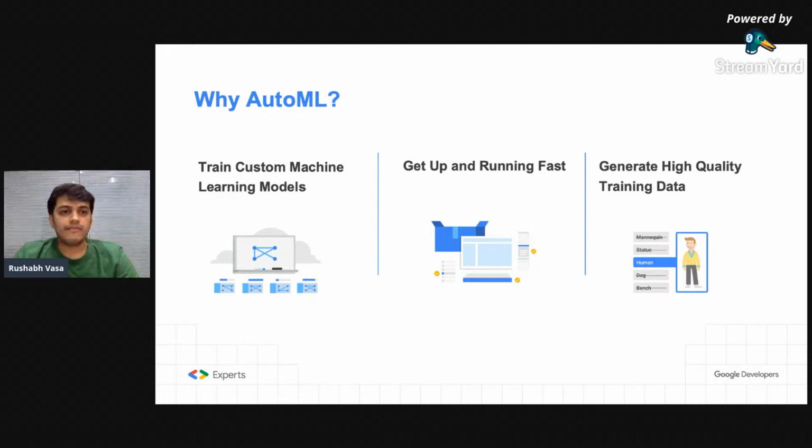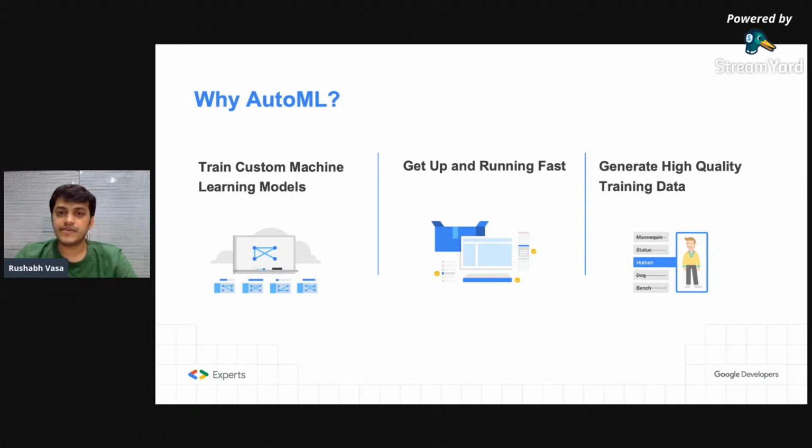So why would we go for AutoML? You can train your custom machine learning models, set them up, and start using them. It's very fast. You don't have to wait for months to train your model. You can get up and running, and you can generate high quality training data as well, because training data is very important for any machine learning model to work.